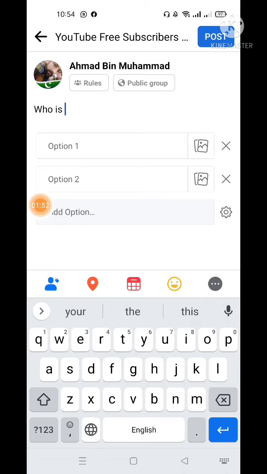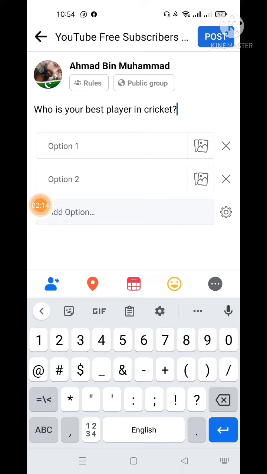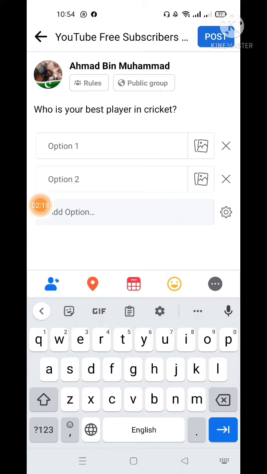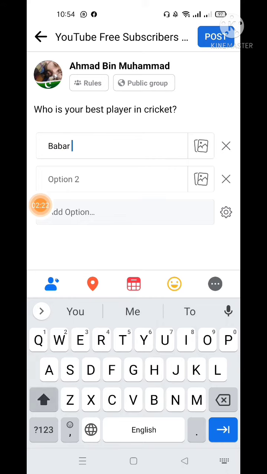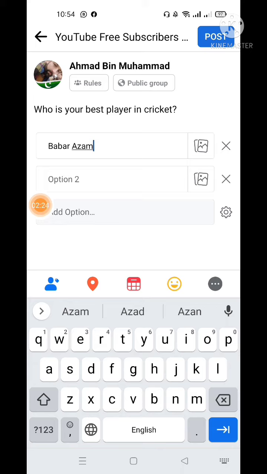who is your best player in cricket? Simply that. And now you just click on option 1, Babar Azam. Click on the second option,